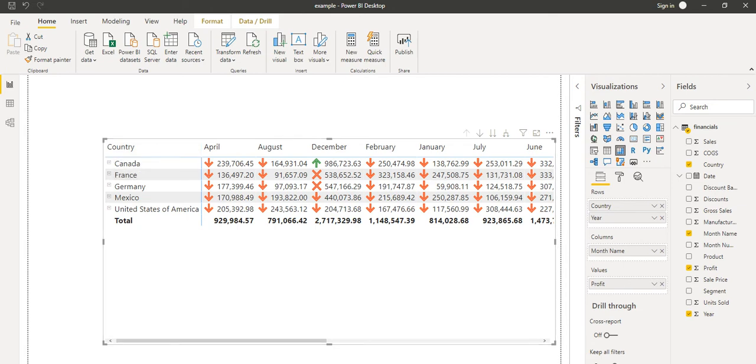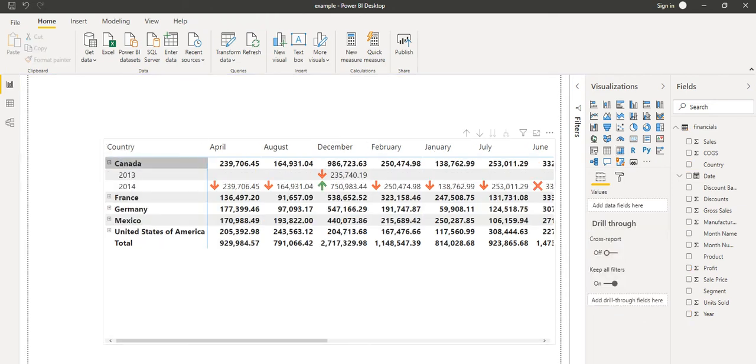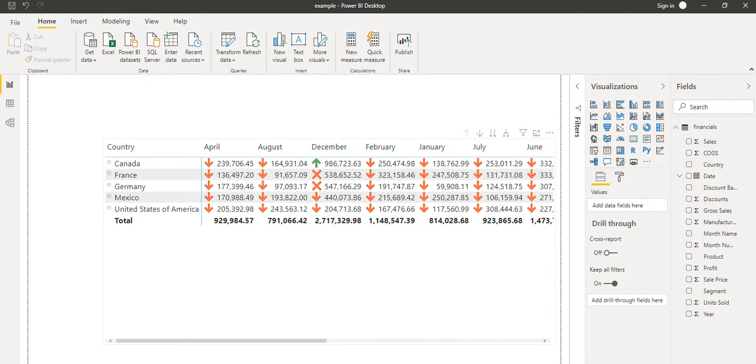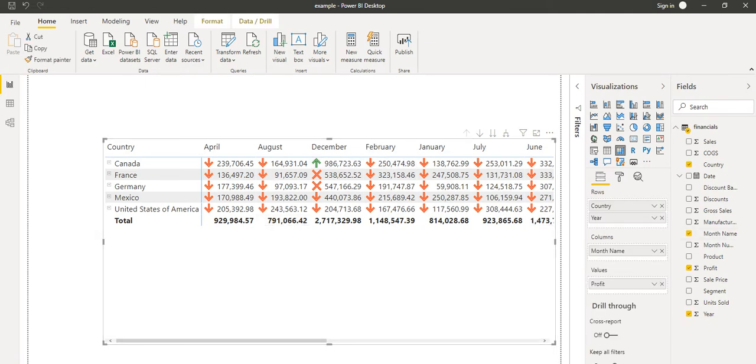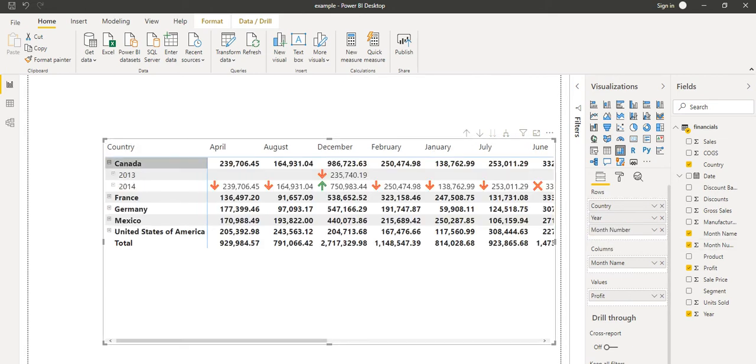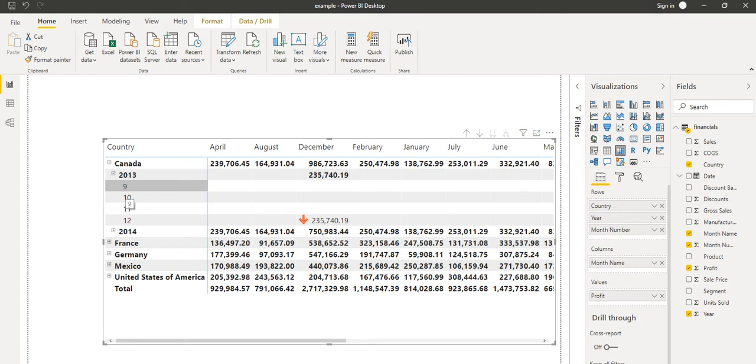One more thing: let's go to the year here. Along with the year, I will take the month number also. When I expand this, we can see 2013 and 2014 also contain one more plus sign, and that shows month numbers 9, 10, 11, 12, in that way.